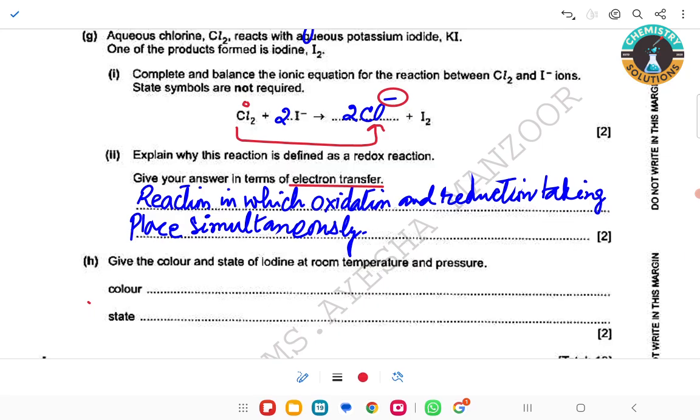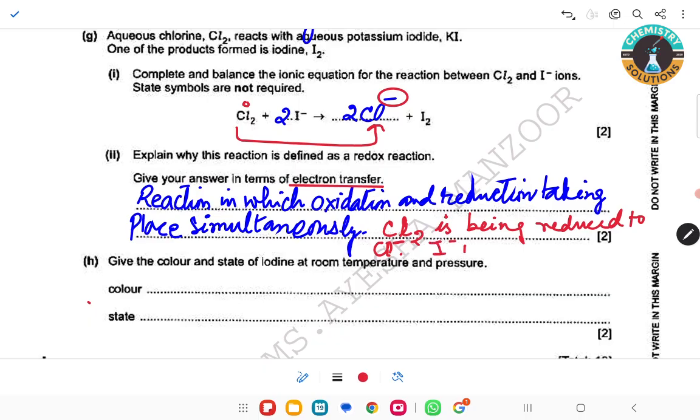Chlorine Cl2 is becoming chloride ions. So Cl2 is being reduced to chloride ions,